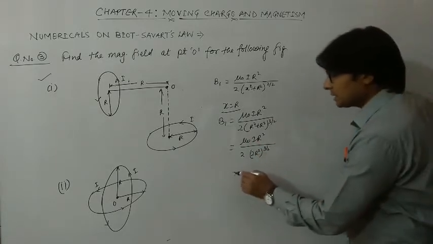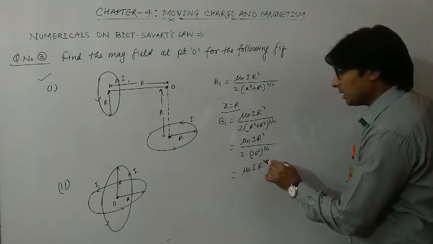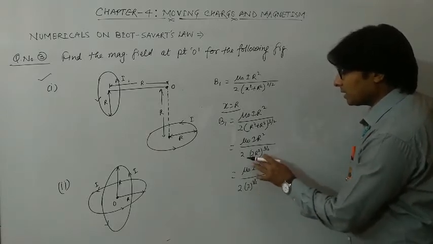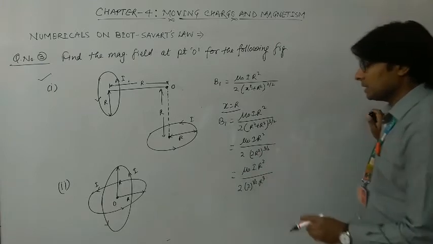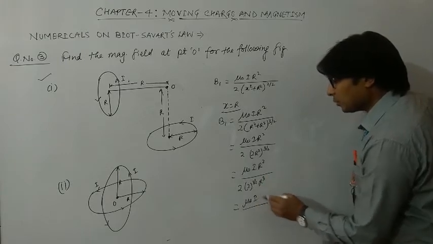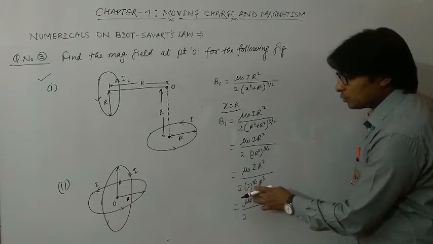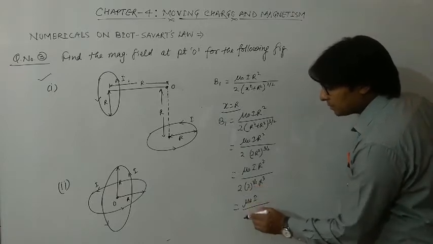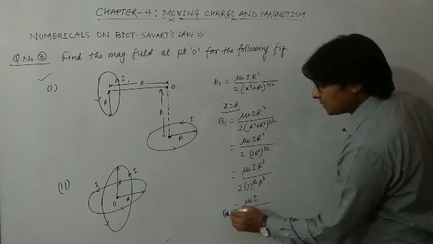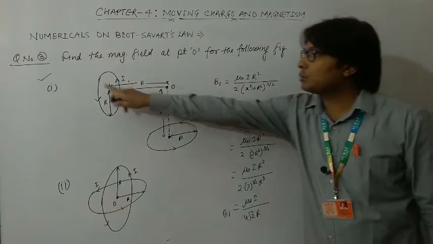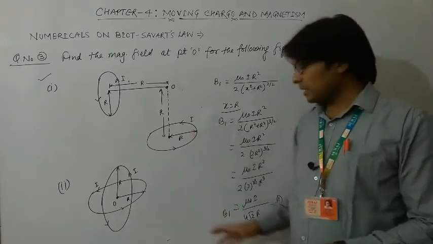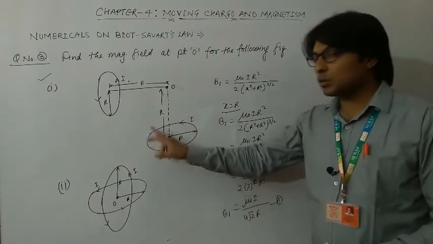So this can be written as mu 0 I r square upon 2 times 2 raised to the power 3 by 2, and r square raised to 3 by 2 means r cube. This r cube will cancel out this r square, so it comes out to be mu 0 I upon 2 times 2 root 2, so it becomes 4 root 2 r. So this is the value of magnetic field at point O due to this loop, and this is suppose equation first. Although the similar magnitude is coming for this loop also, because the distance is r